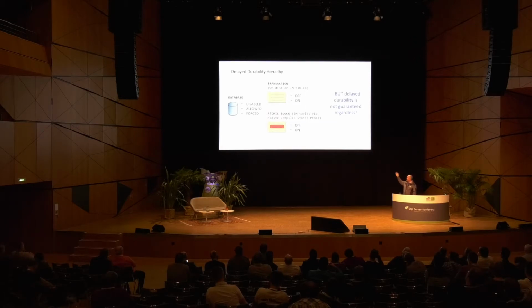Another option that you can set is disabled if you want to stop anybody using it. So even if I specified to use it in my code, it would stop that being used, or at least it would stop that delayed durability happening. And the one that we probably want to do is the allowed. If we do that, we can turn on delayed durability per transaction for on-disk or in-memory tables. Or we can set it to on for atomic blocks. You'll see this shortly.